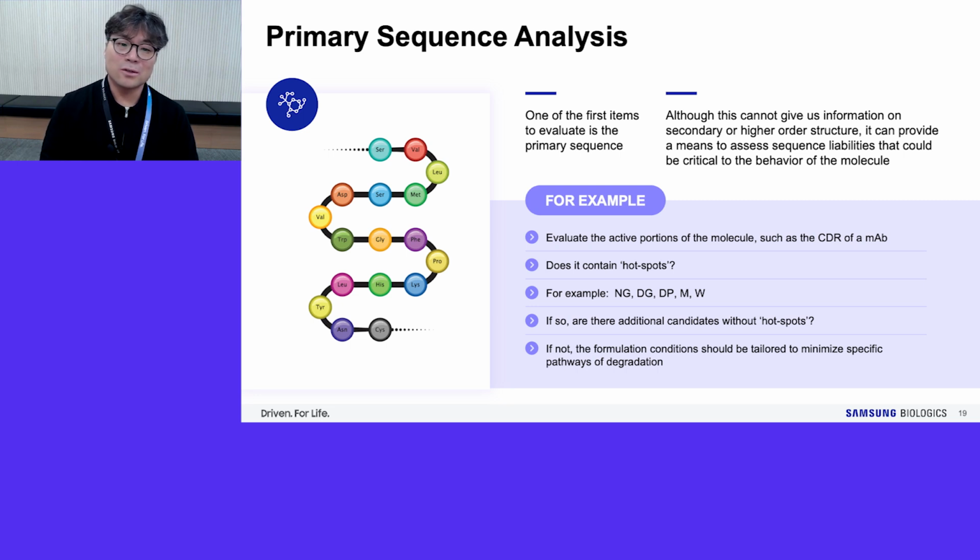Since this is using primary structure, I cannot say this prediction is 100% accurate. However, I can say this molecular assessment can detect several hotspots like oxidation, deamidation, aggregation, or cleavage on the molecular primary structure, and using this data with wet work data, we can evaluate the molecular characteristics during Developability.